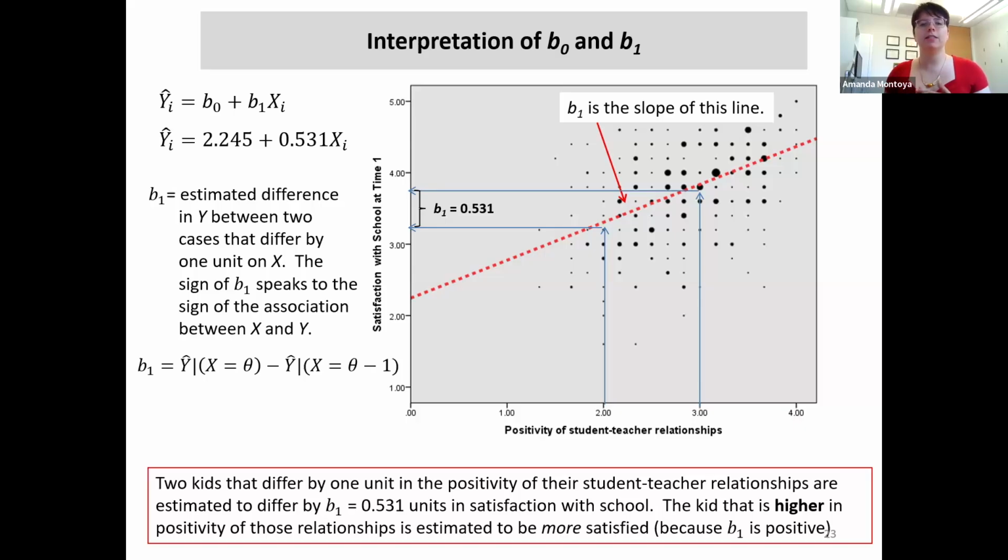And I focus on this a lot because I think one of the more difficult parts of doing this kind of work is interpreting the results correctly. And so you'll see that I focus a lot on interpretation. So in our simple linear regression, we get an estimate of our slope, B1, which we estimated to be 0.531. And you're probably familiar with the idea of a slope, right,